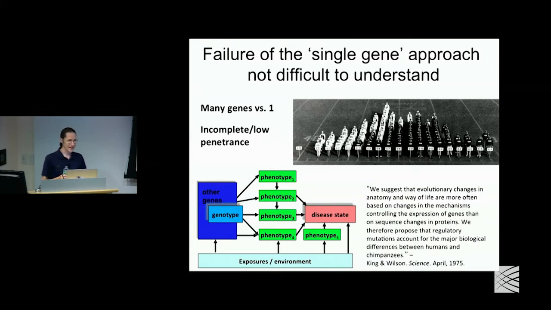And second of all, we can't expect the mutations necessarily to have sort of an on-off effect with respect to whether you have an MI on your 60th birthday or not. They are impacting in subtle ways the biology of the human body, and along with exposure and environment, place you at higher or lower risk. And so those things can be very, very heritable, but they don't necessarily track in a clean and deterministic way